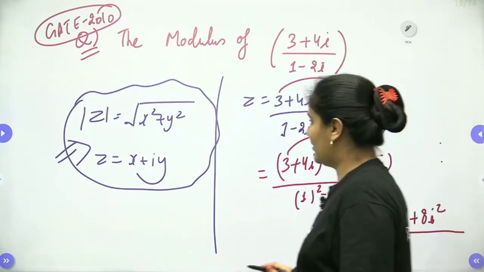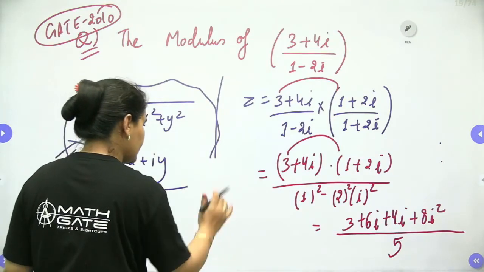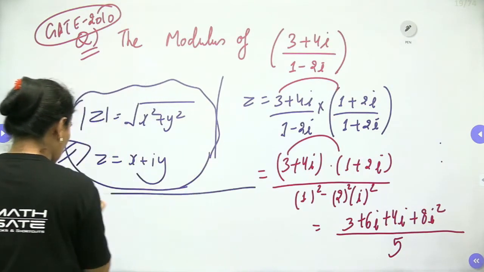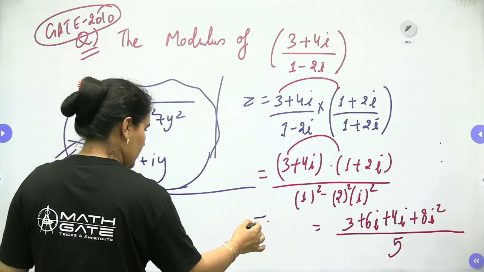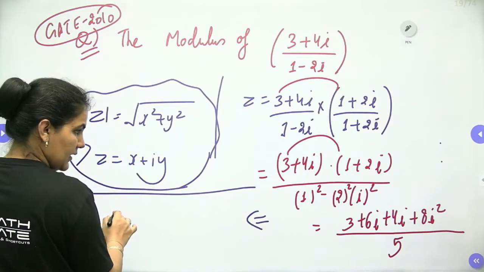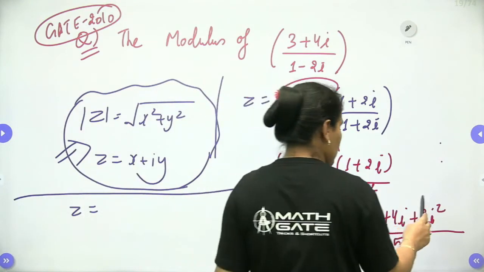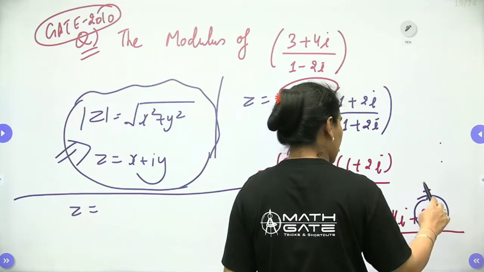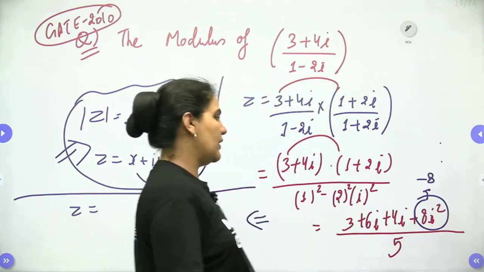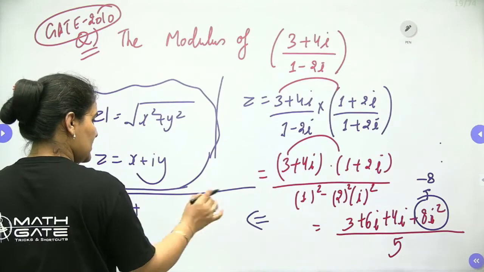It will be 8 iota square. Okay. So when we approached from here, we can have it as 3 iota square. When we approach from here, 8 iota square. So we know very well iota square is equal to minus 1. So it will be minus 8. So hence we can write down 3 minus 8, that is equal to minus 5, plus 6 plus 4, that